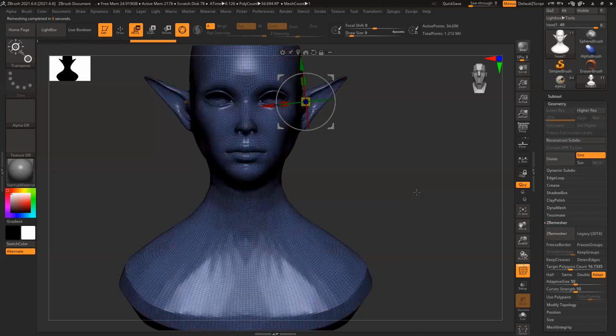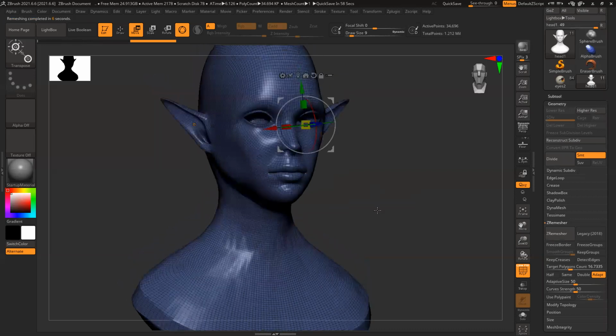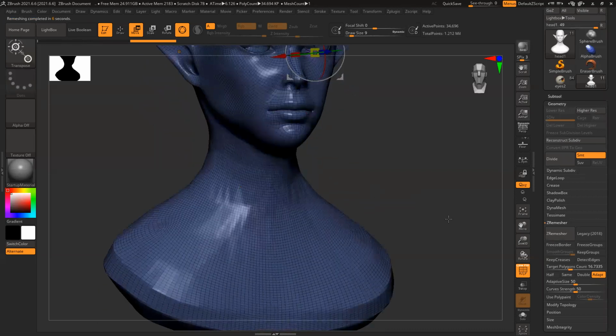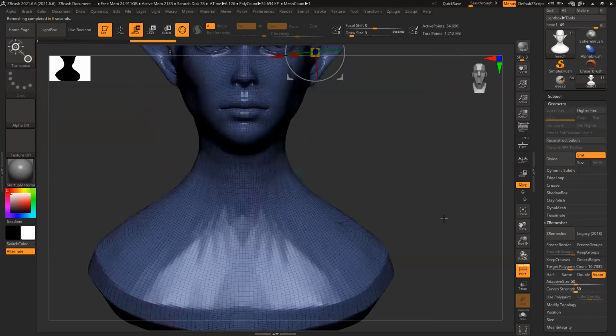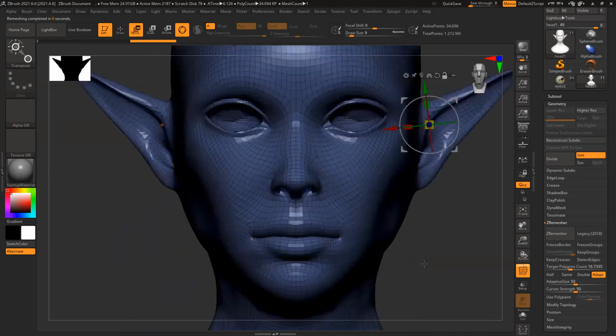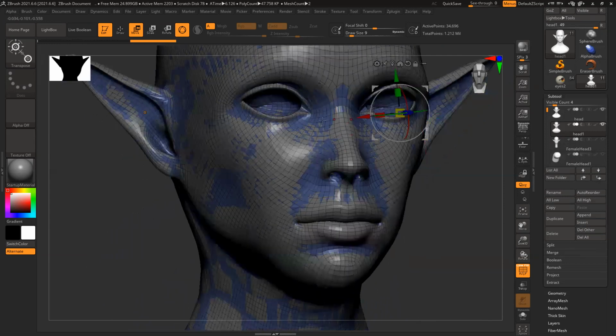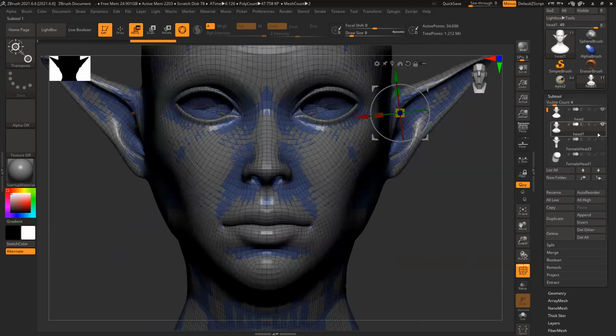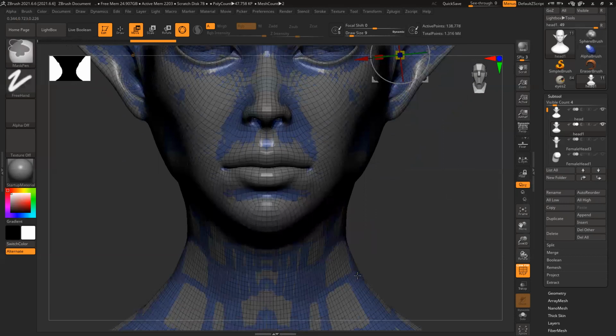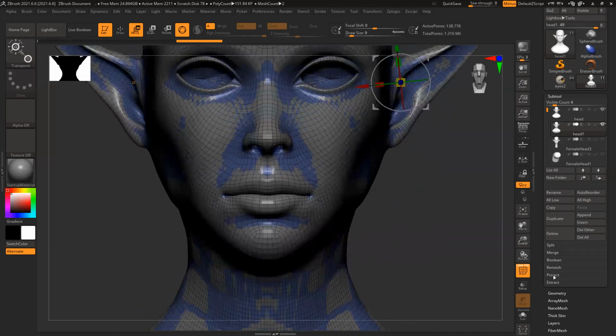Instead of Dynamesh, I'll use remesh. Remesh will generate all these polygons and distribute everything evenly. Now I'll compare it with my actual model. I can see a little difference, a little volume shift. To get that back, I'll keep only these two on, rest everything hidden, and then subdivide my newly fixed model with Control D, and then go to Project.